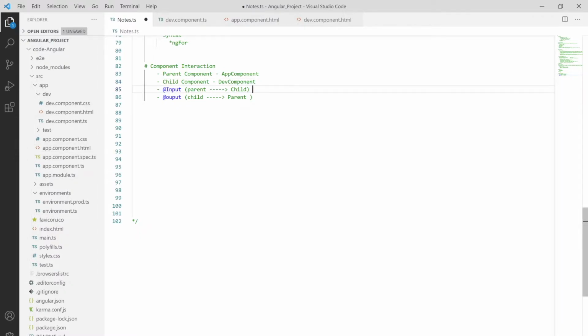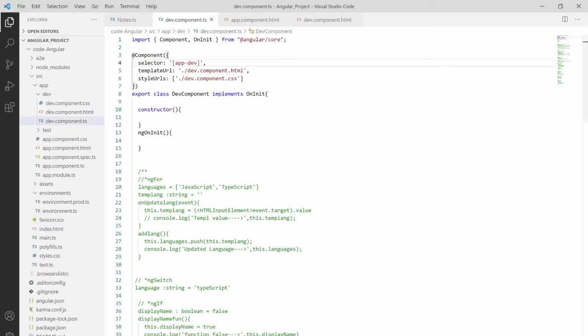Say I'm passing Hari from parent component to child component, and also passing "hi, I am from CodeMe" from child to parent component. So let's take an example for the same.